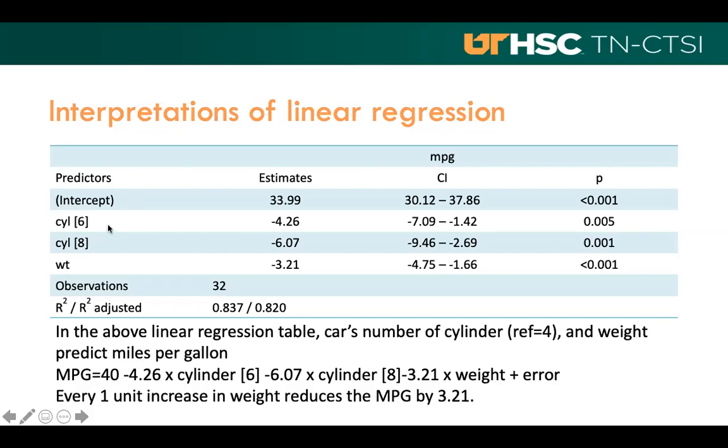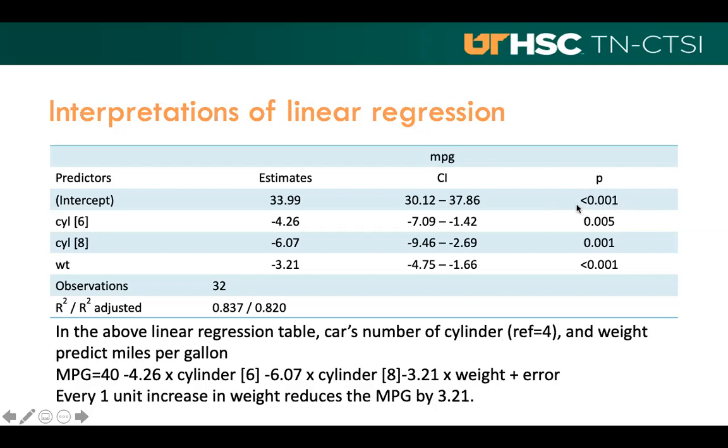And we have cars with 6 cylinders and 8 cylinders, and we have the intercept, which means the miles per gallon for those with 4 cylinders, holding weight constant, is around 34, and the 95% confidence interval range is between 30 and 38, and the intercept is statistically significantly different from 0 because the p-value